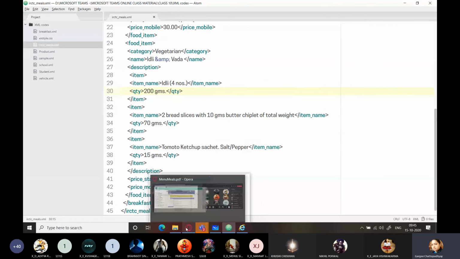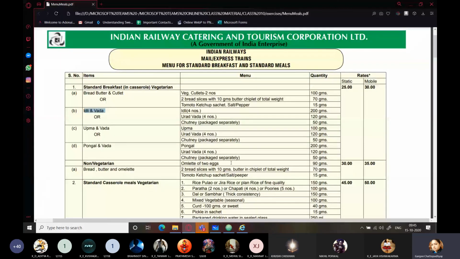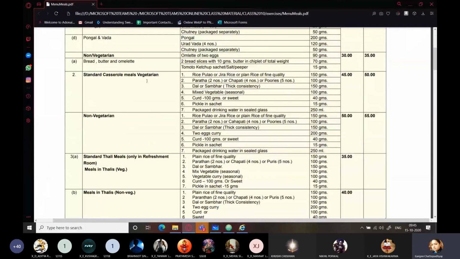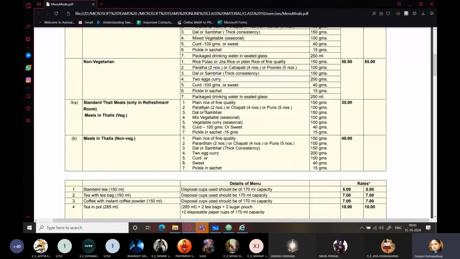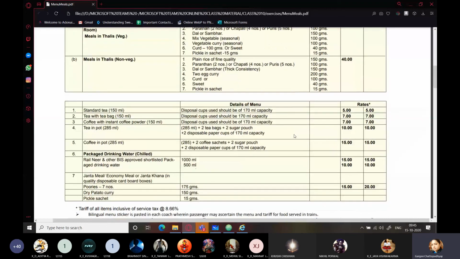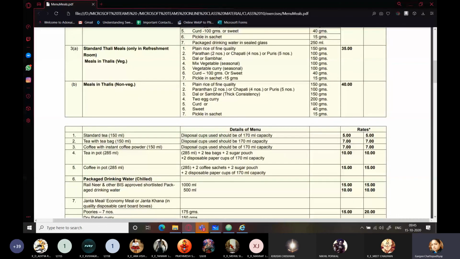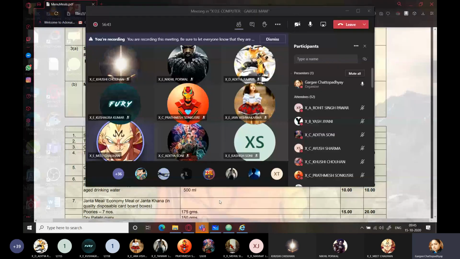Now, this class is going to stretch a little, because in the next class we are going to completely discuss the second one, that is standard meals and how to figure out its layout. So we will discuss that in the next class, right? Ma'am, would you send this PDF of this IRCTC meal? Sure. I'm sending it to you right now.